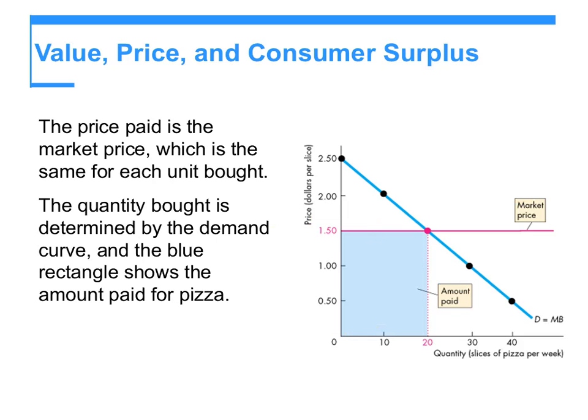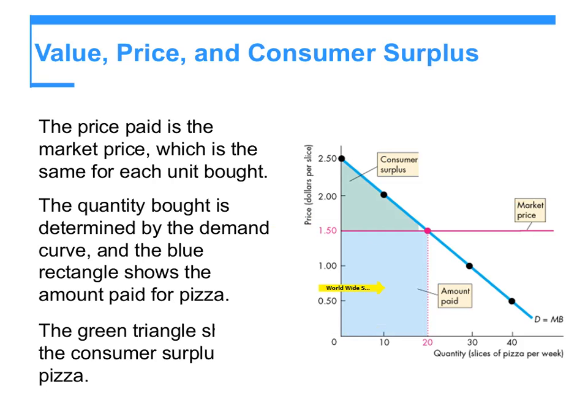The green triangle on top, which is this, is the one I was trying to tell you about. It is the consumer surplus from pizza. It means the consumer doesn't mind paying even 2 for the 10th pizza, but the market price is cheaper, 1.5. So between 2 and 1.5, there is a 50-cent value for the customer. That's why we call it surplus.